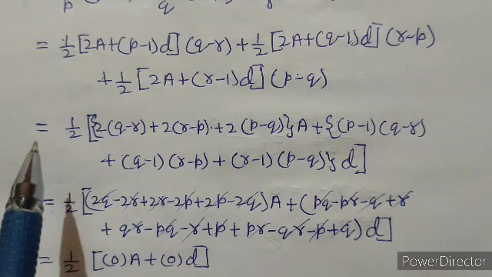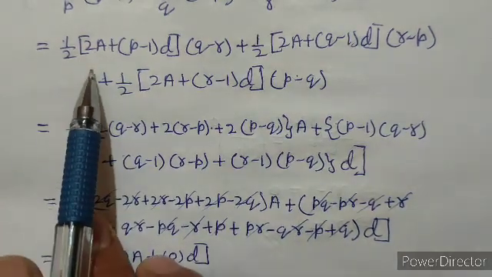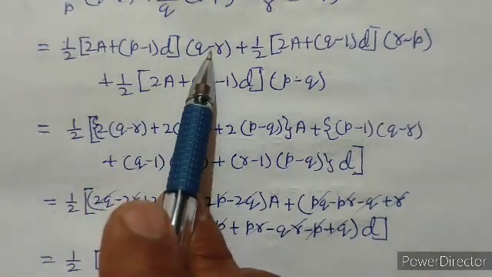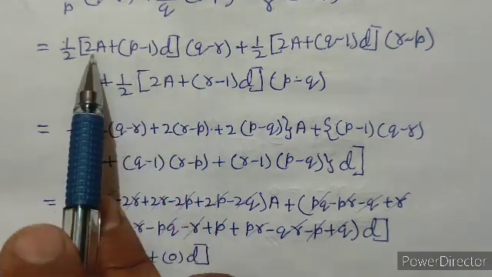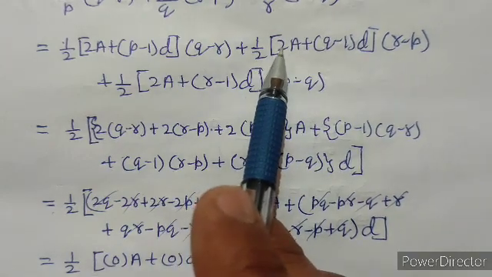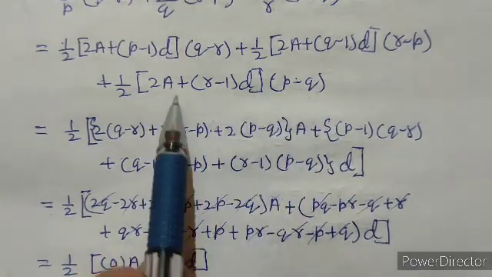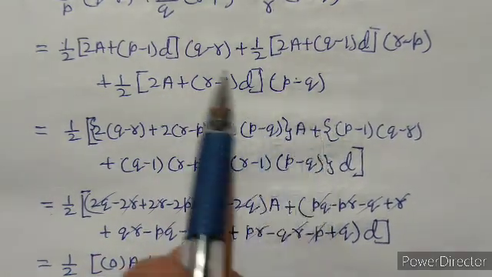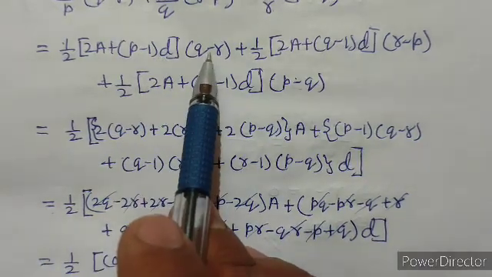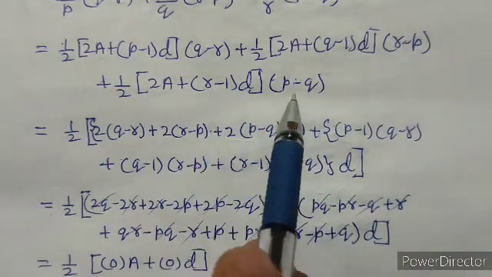Now on writing the coefficients of a and coefficients of d together, this will equal 1 upon 2 into 2a into (q minus r), or we can say 2 into (q minus r) plus 2 into (r minus p) plus 2 into (p minus q) into a, plus, now here coefficients of d are (p minus 1) into (q minus r) plus (q minus 1) into (r minus p) plus (r minus 1) into (p minus